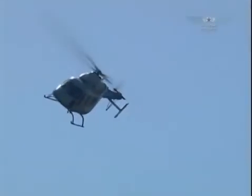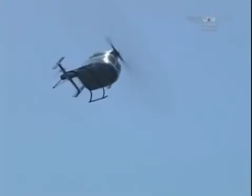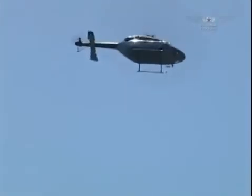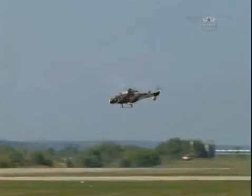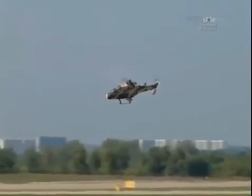After becoming independent, the Kazan Design Bureau, despite many difficulties, has built several helicopters of its own. A multi-purpose Ansat, a reconnaissance Ansat 2RC,